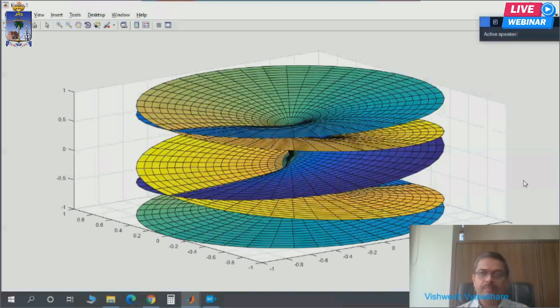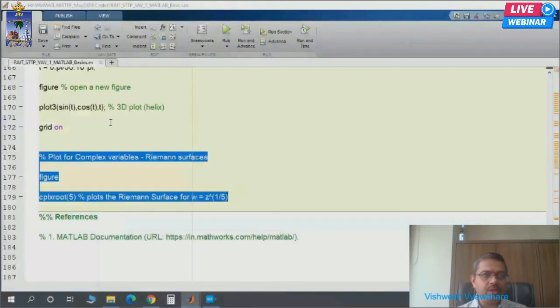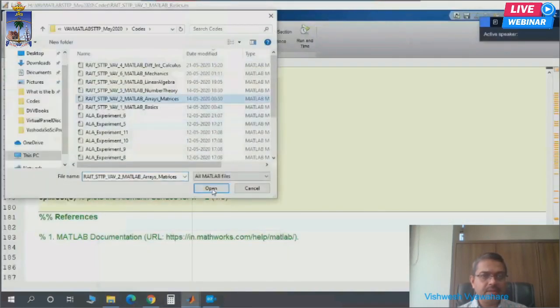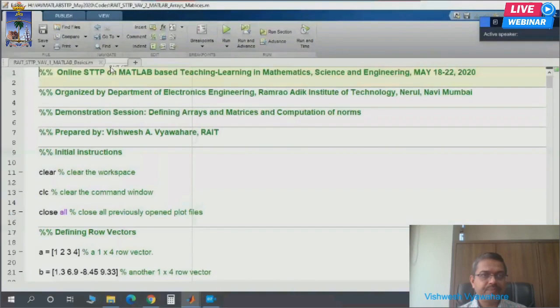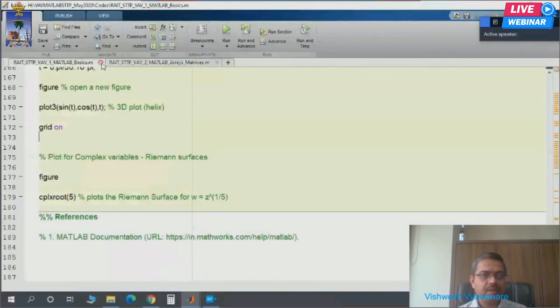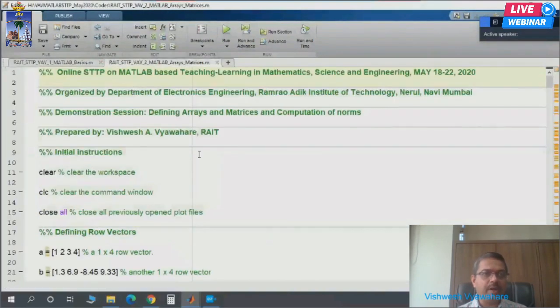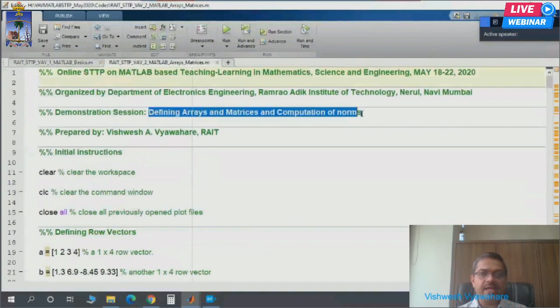I hope everyone is comfortable with the basics of MATLAB. Let us move ahead to the next part, which is really the strong point of MATLAB: defining arrays and matrices and computation of norms.